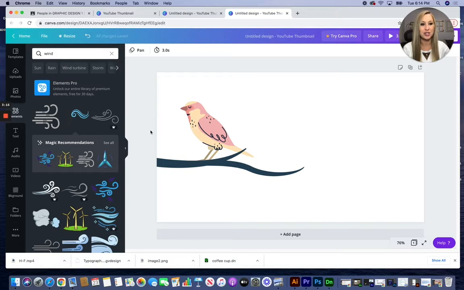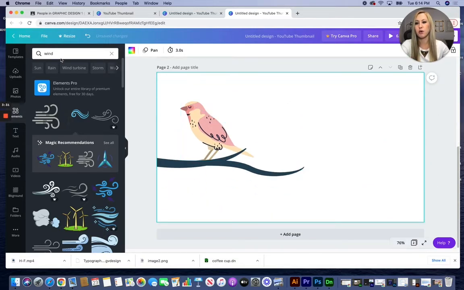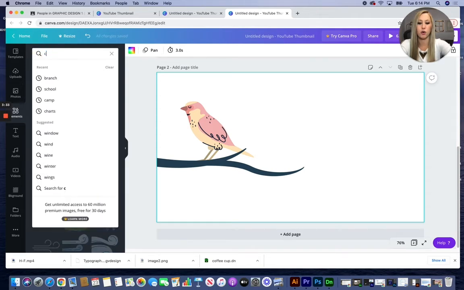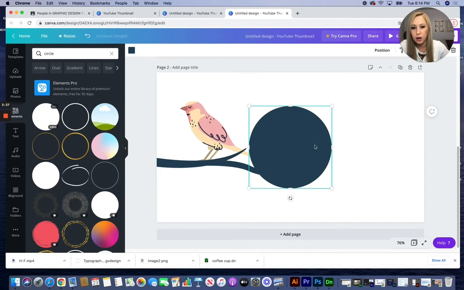So how do I turn this into an animation? Well, it's super simple. After you know where those tools are on the left-hand side, all you need to do is duplicate your slide. So you can see I have the two items here. If I click the duplicate page option, I'll get the exact same slide. Maybe I want the bird's eye to open in the second one. I'll type in circle, and I can grab that circle,